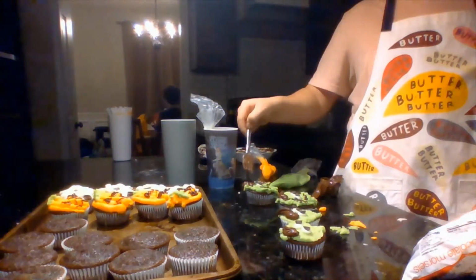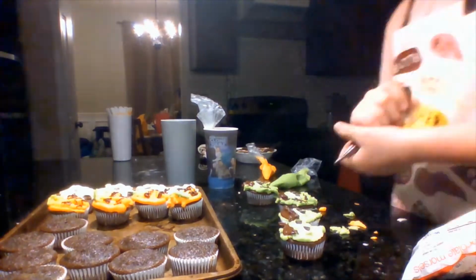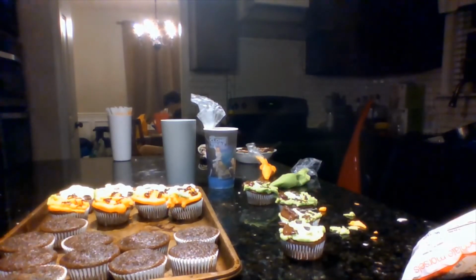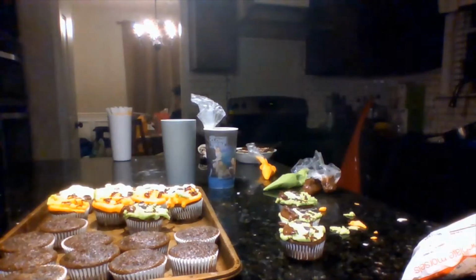A skeleton. This one I did a bit sloppy, but I was having fun decorating all these cupcakes, and that's what really matters. And don't come at me, I'm not a professional cake decorator, and I'm not an artist, but I had a ton of fun making these,